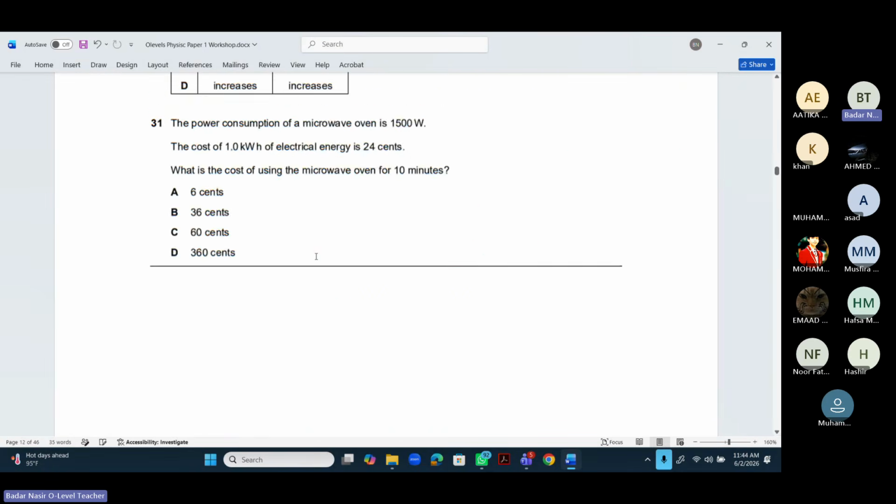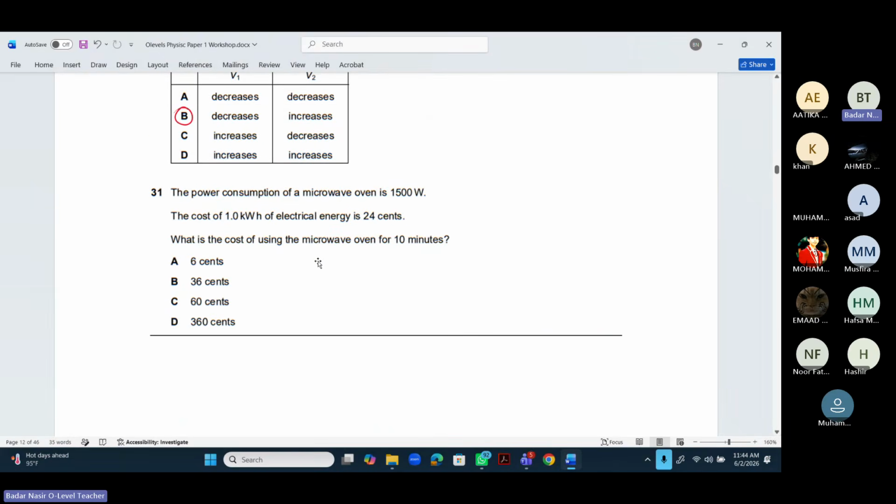Next में the power consumption of a microwave oven is 1500 watt. The cost of 1 kilowatt hour of electrical energy is 24 cents. What is the cost of using the microwave oven for 10 minutes? तो total cost निकालने का formula क्या होता था? Power in kilowatt times time in hour times cost of single unit. ये फॉर्मूला